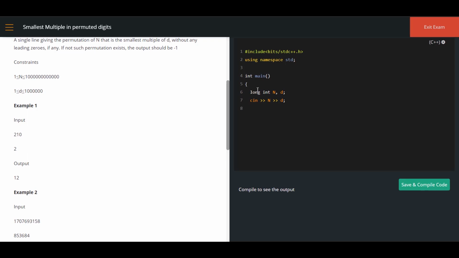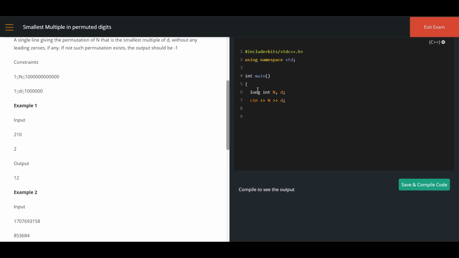So what is the first thing which you have to do? The number should be converted to a digit array, because I have got an integer value, and that integer value has to be converted into a digits array. So I am going to extract all the digits from the given number. I need to permute, right? That is the reason why I am extracting all the digits and storing them in an array.